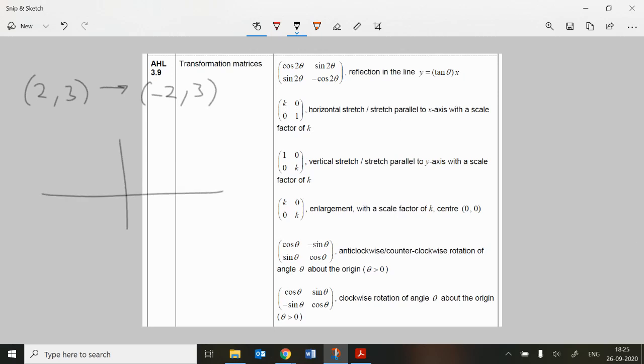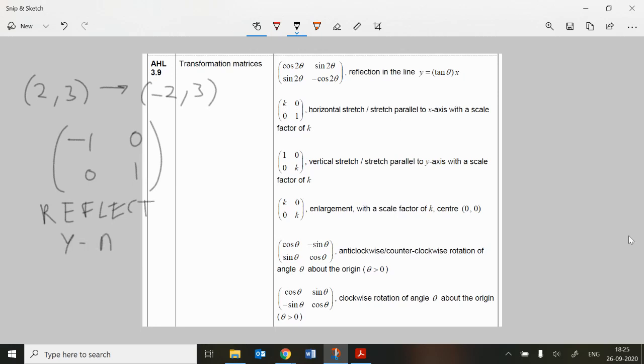So you've got 2, 3 is up here, and then minus 2, 3 is going to plot over here. So that's going to be a reflection about the y-axis. Now, if you wanted to do that, that's simply a horizontal stretch with a scale factor of -1. So if you want to reflect in the y-axis, you're going to need to use -1, 0, and then 0, 1. That's reflect